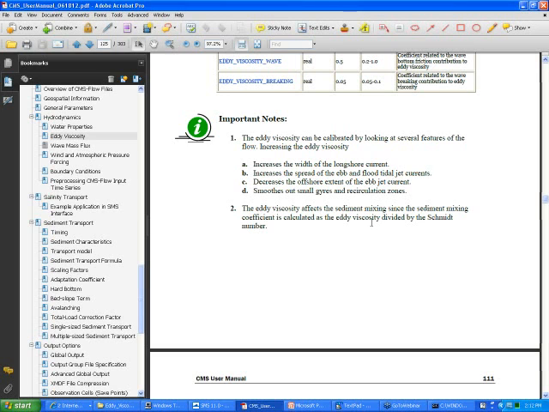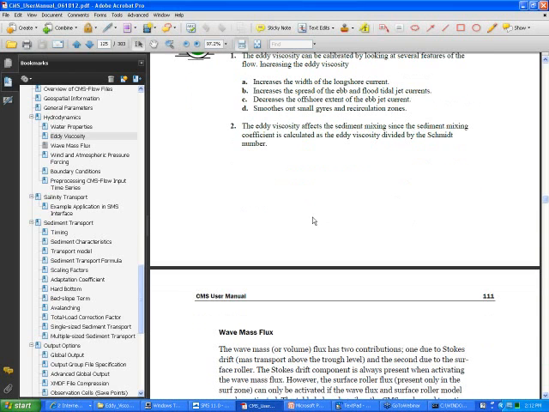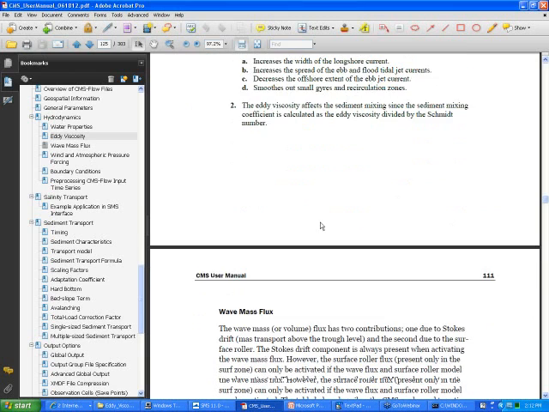It's important to note that eddy viscosity also affects sediment mixing, because the mixing coefficient for sediment is a function of the turbulent eddy viscosity of flow, and includes the Schmidt number, which I'll talk about more on Wednesday. One last thing for hydrodynamics, and I think we're going to call it a day, is